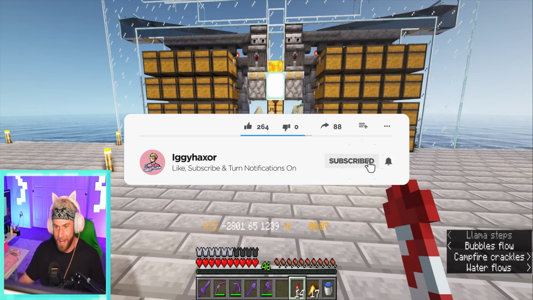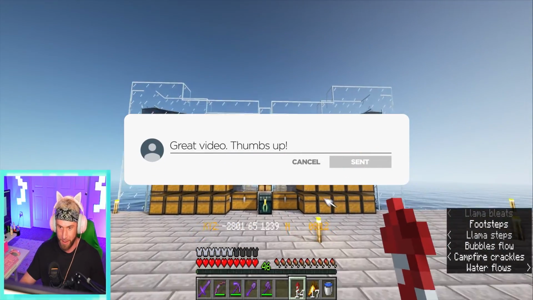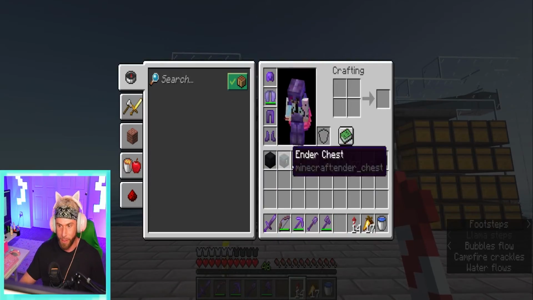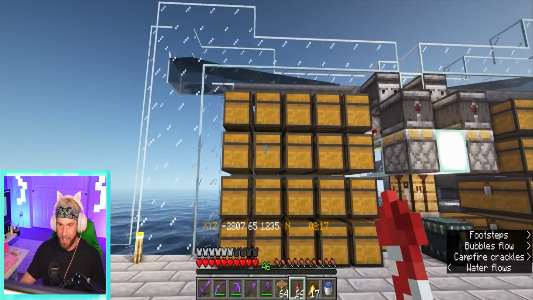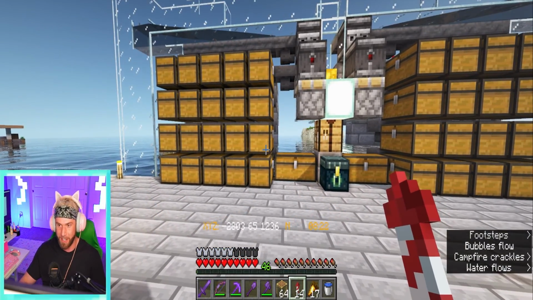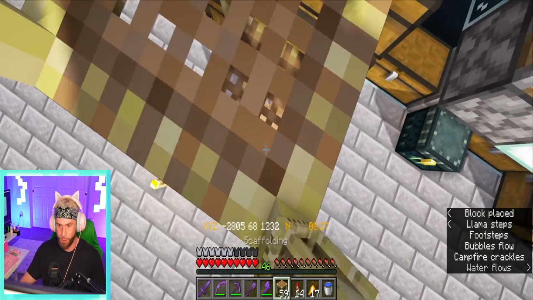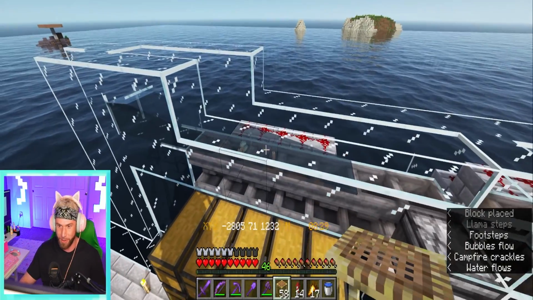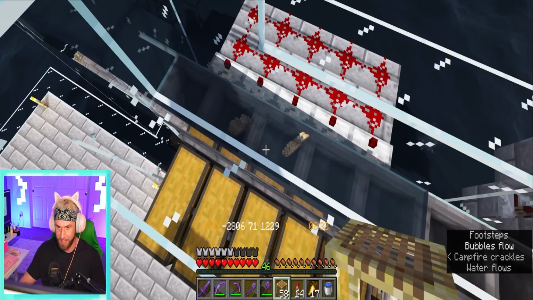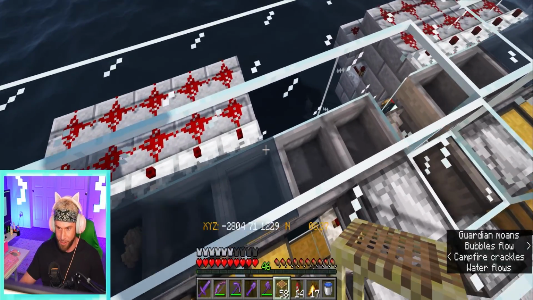Today, you find me back at our Guardian farm that we put together last episode. Had to make a few little revisions to it, and that included getting rid of the row of chests that was for the ink sacks, just because I was having some issue with the water streams, and as you can see, things are still kind of occasionally getting caught in the hoppers. I don't think there's really any way to